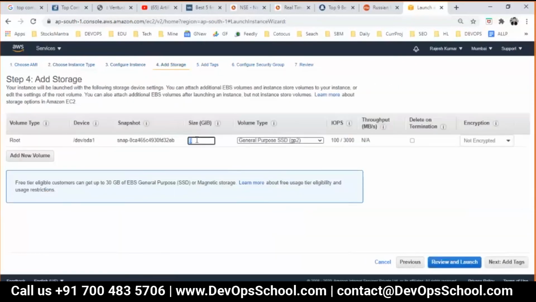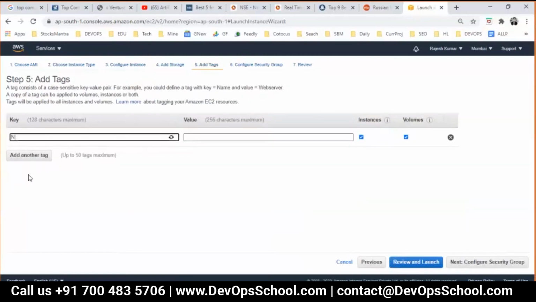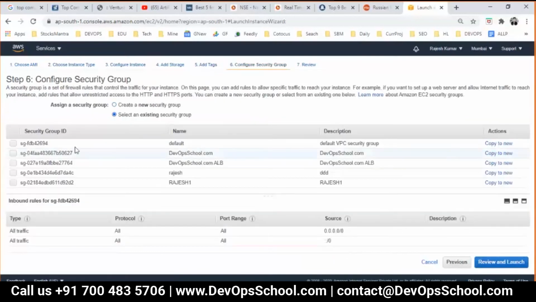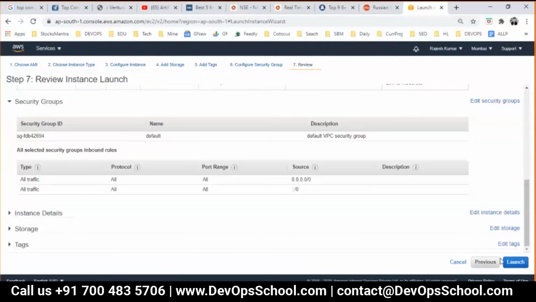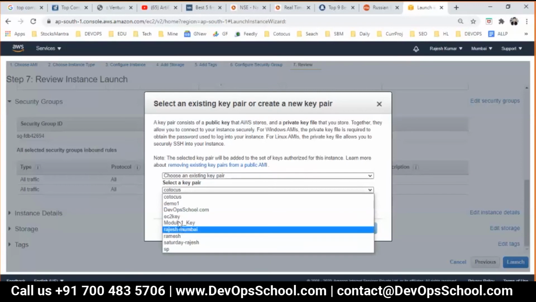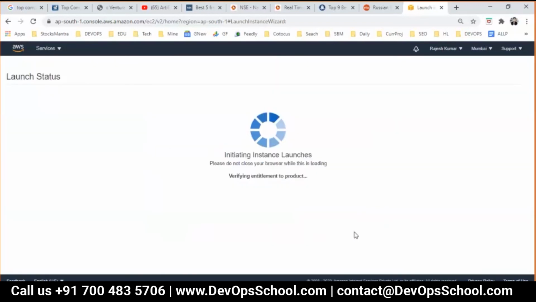And continue. One CPU, 2 GB RAM is sufficient for the demo, for the worker. One machine. Storage 30 GB, that should be okay. Here, this is the worker.